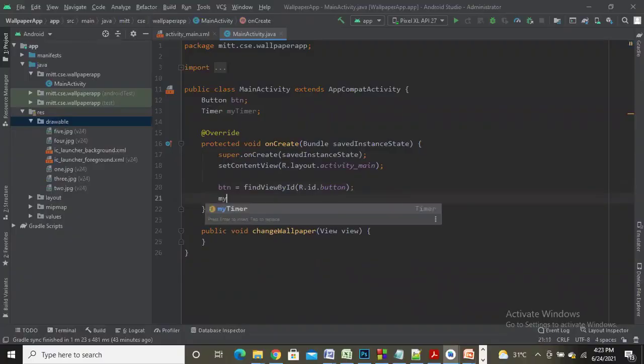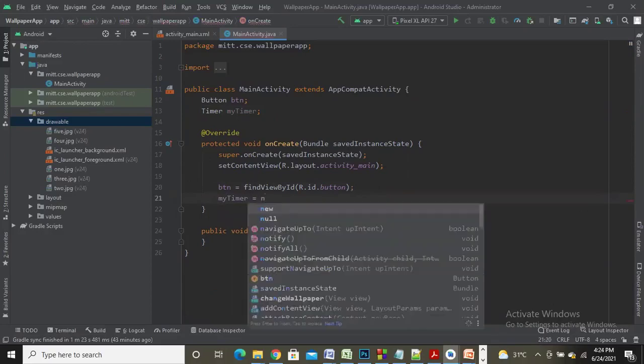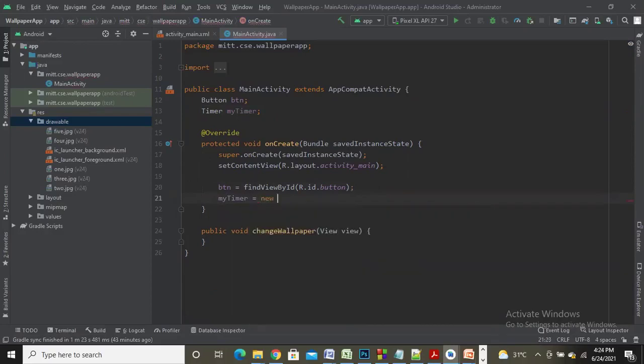So I'll write my timer is equal to new Timer. So the timer object has been instantiated.